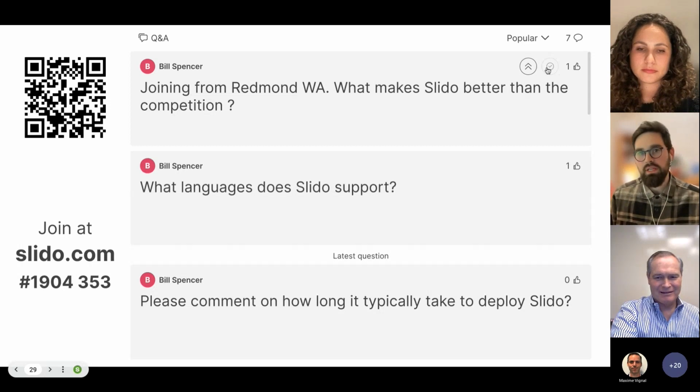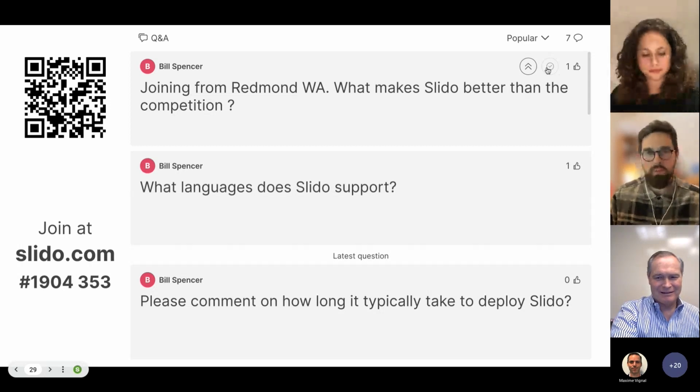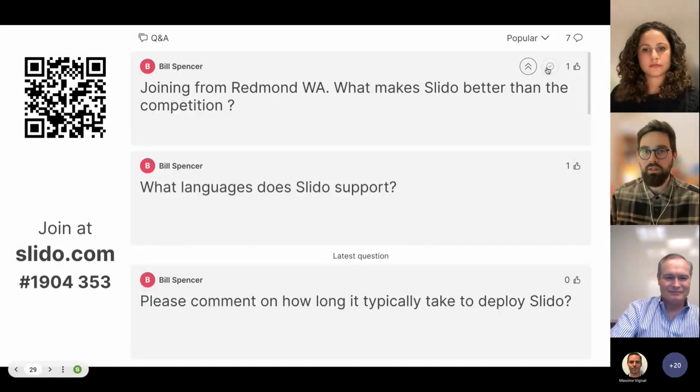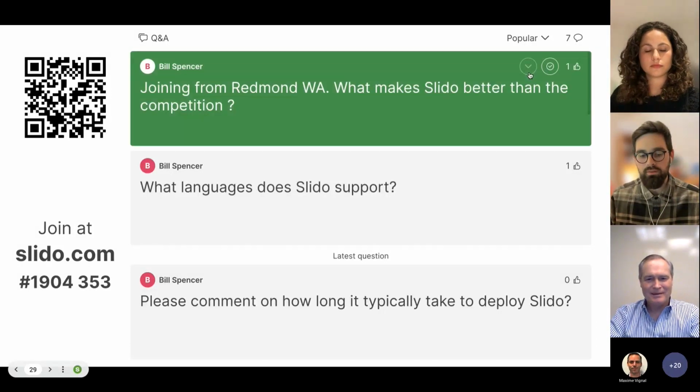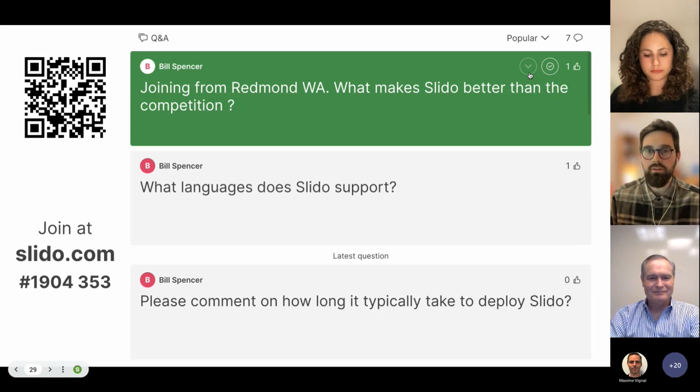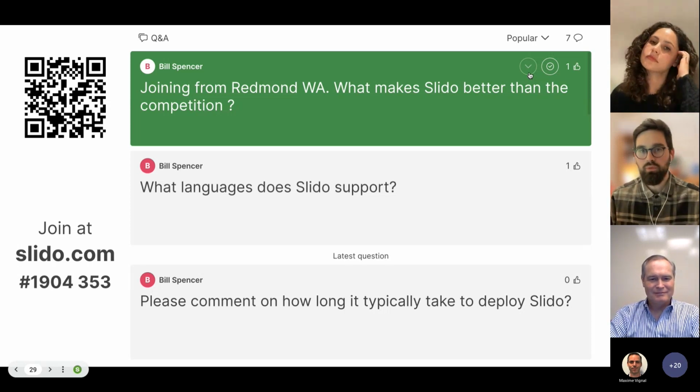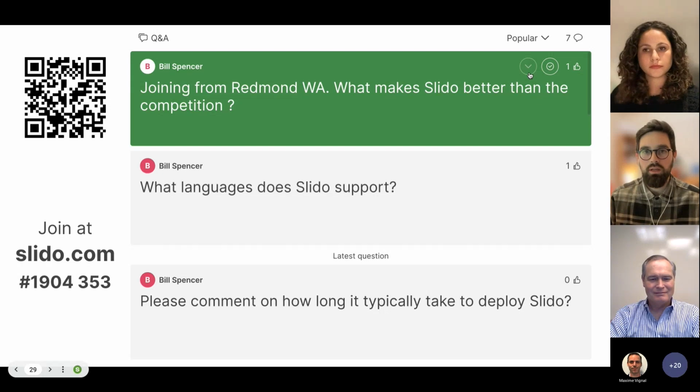But there are three areas that we do really well. The first one is definitely Q&A. It's the upvoting system. It's the sentiment analysis, which we provide after the Q&A is over, and the organizers can go there and look at the questions, even adjust the analysis, and make sure that when they produce the report it's correct. Another important feature is definitely the variety of different polling options and questions.